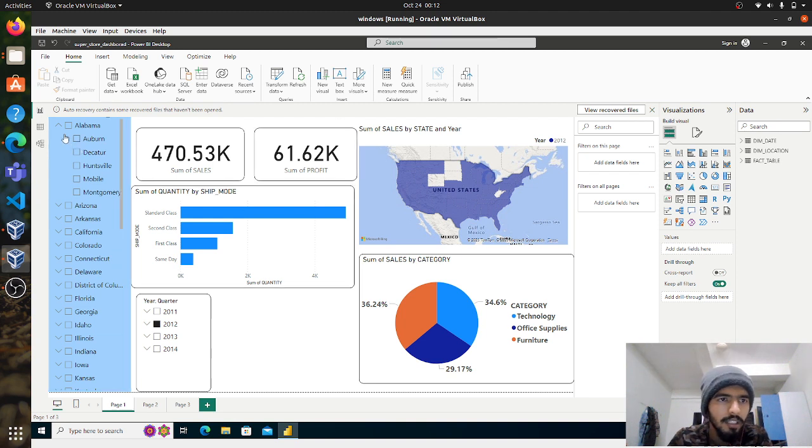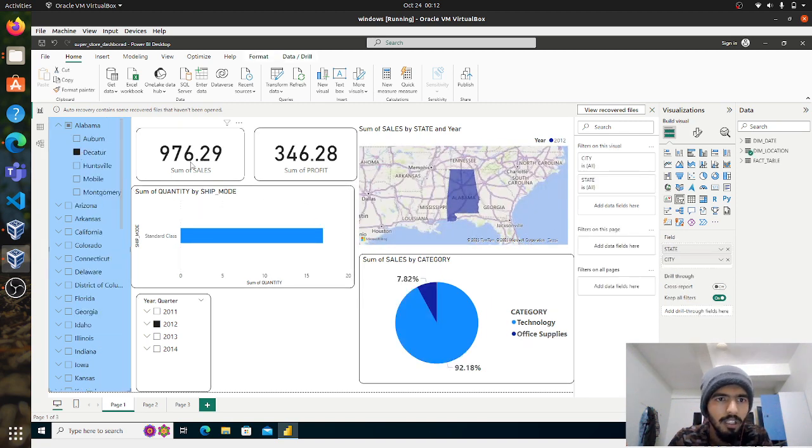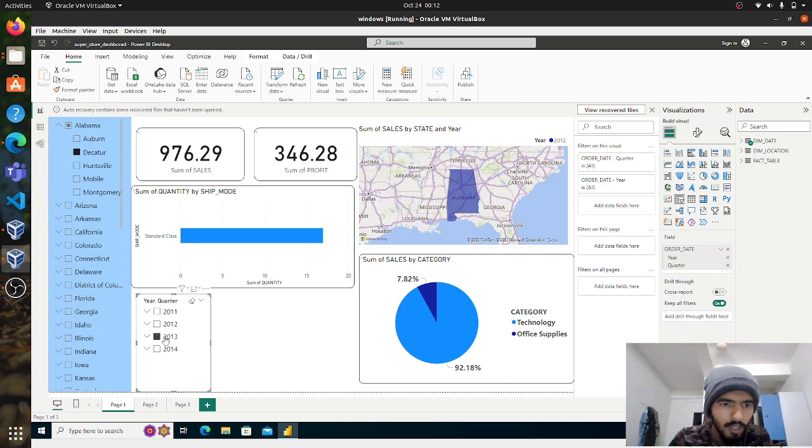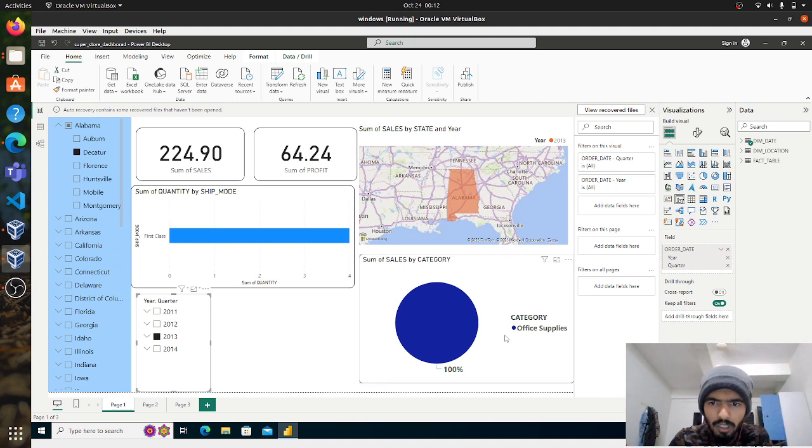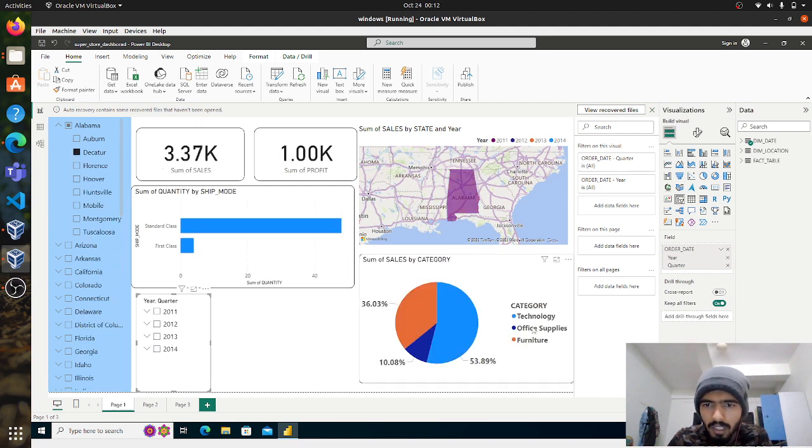As you can see, on the basis of state or city, you can select, and you will get the sum of sales and sum of profit in that particular state or city, in that particular year, and in the particular category. There are 3 categories: technology, office supplies, and furniture.